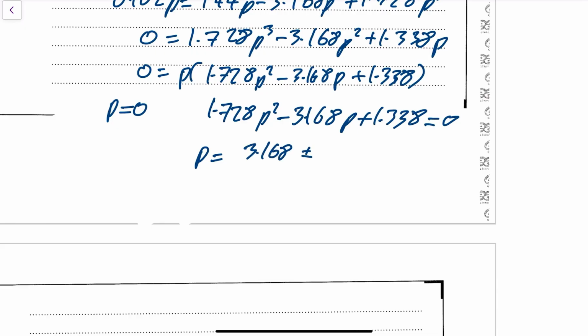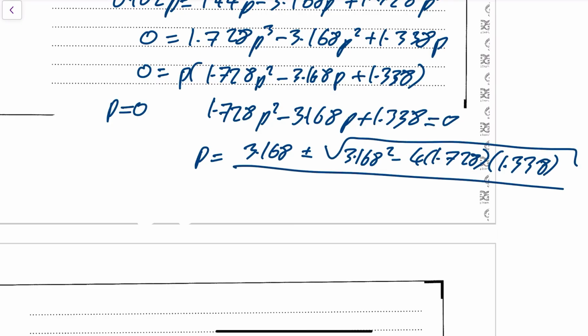3.168 plus or minus the square root of 3.168 squared minus 4 times the 1.728 times the 1.338. Square root of all that, all divided by 2 times my a, which is 1.728. So that's just my minus b plus or minus the square root of b squared minus 4ac, all over 2a. And I'm going to assume that I had this right here. And I got